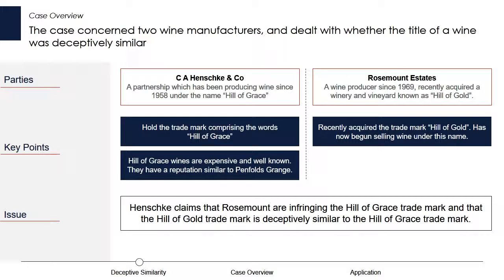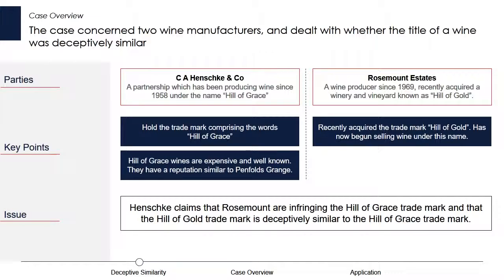C.A. Henschke & Co. were the original plaintiff. They're a partnership that had been producing wine since 1958 under the name Hill of Grace. Now, Hill of Grace was an extremely expensive wine. It still is, I believe. In the original case, at one point, they had an expert say that it was second only to Penfolds Grange in reputation in Australia. On the other hand, you had Rosemount Estates as the defendant, also a wine producer since